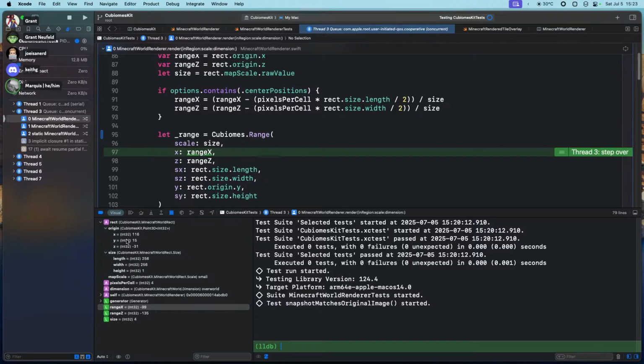Yeah. So our origin is 116 x, negative 31 z. Our size is 256 by 200. Because you were saying it was SX and SZ that were the problem ones, right? Yes. Yeah. So we care about what's being assigned to them, and these two values, the length and width, that are both 256, are the values currently that would be assigned to them. I am wondering